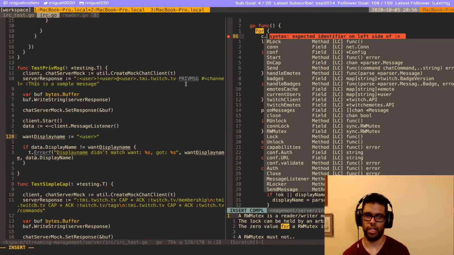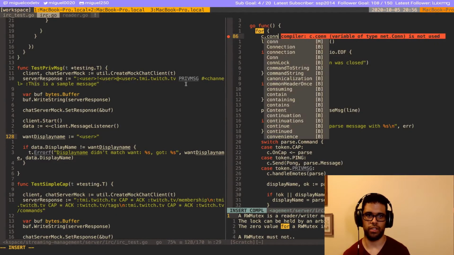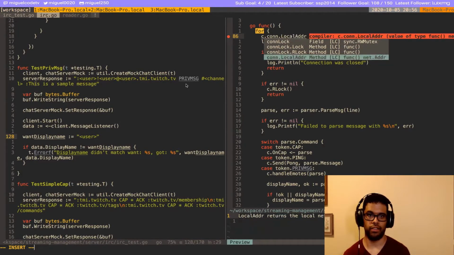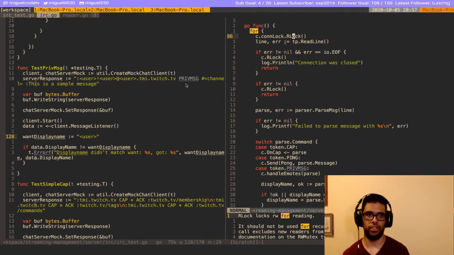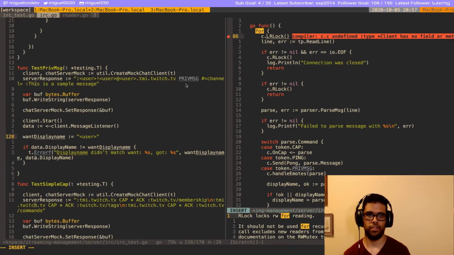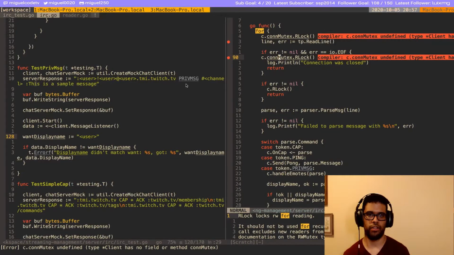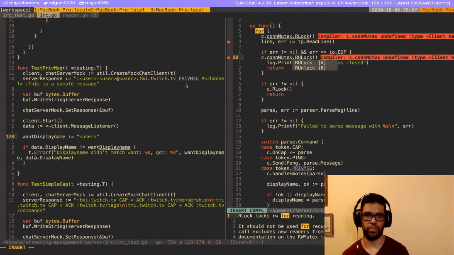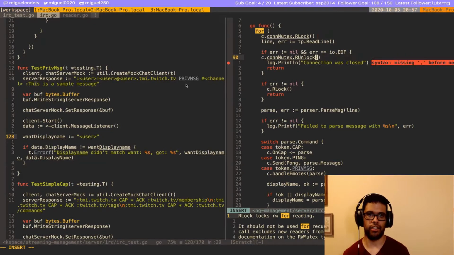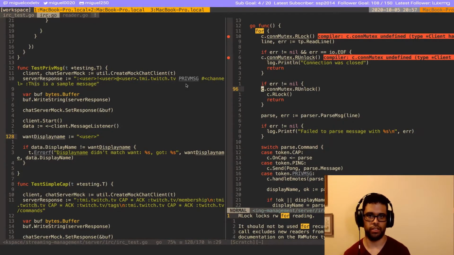So here, I will have to do the new one, connect lock, or call this. Yeah, it's a better name. And we want to make sure that we unlock this one here because we're returning, so we should just clean up after ourselves. So we unlock here, and then we unlock after the for loop is done.